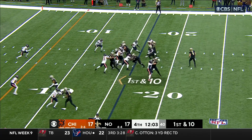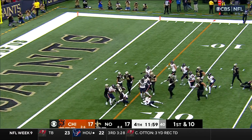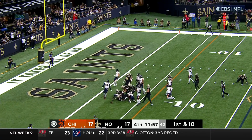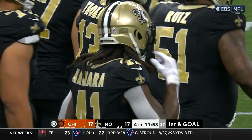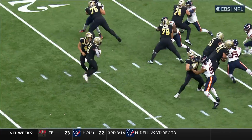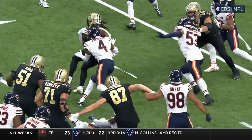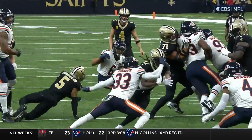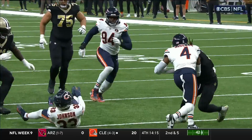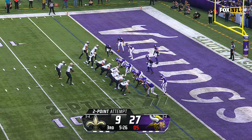Carr back in, hand off to Kamara, right up the middle, inside the 10, still spinning his way to the 5. Oh, what a run by Kamara! 1st and goal for the Saints. He's unbelievable. His ability to maintain balance after contact is as good, if not better, than anyone I've seen in my 15 years in the NFL. And unfortunately, I had to see it firsthand way too many times, but he...